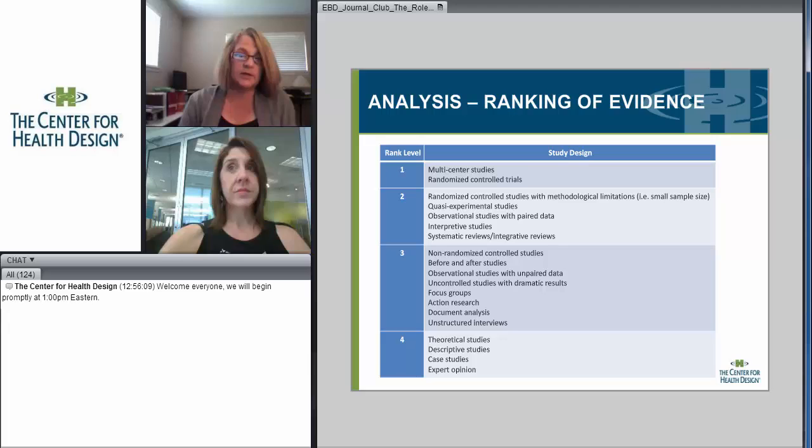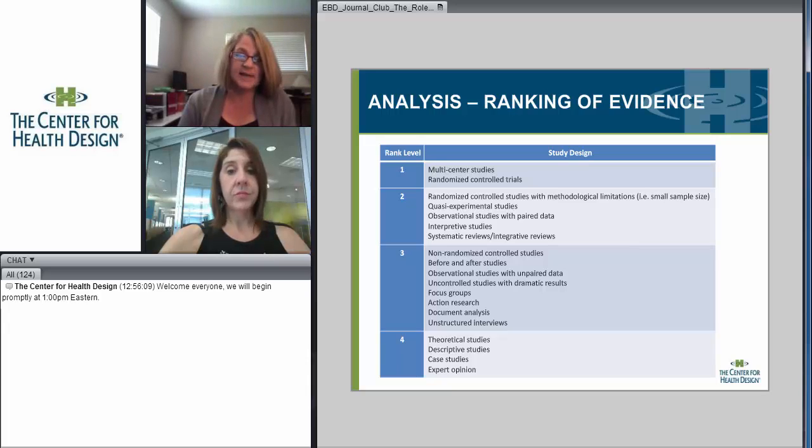And then when you get to the next level of ranking, you're looking at non-randomized controlled studies, before and after studies, and there's variances depending on the quality of the methodology as you get through it. This is just for the research design itself. Focus groups, action research,